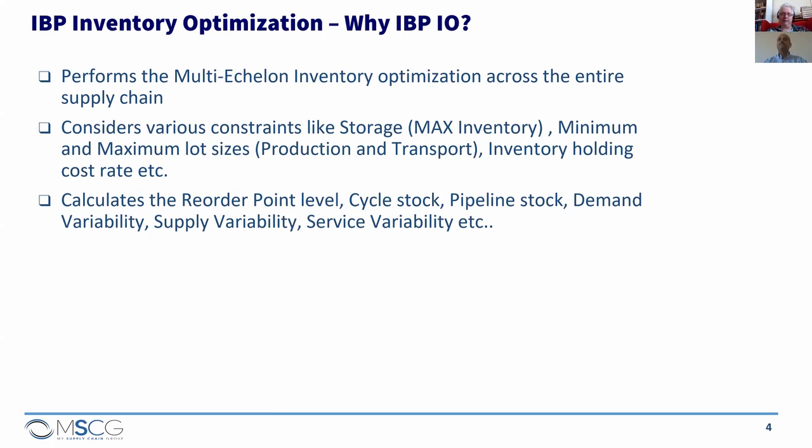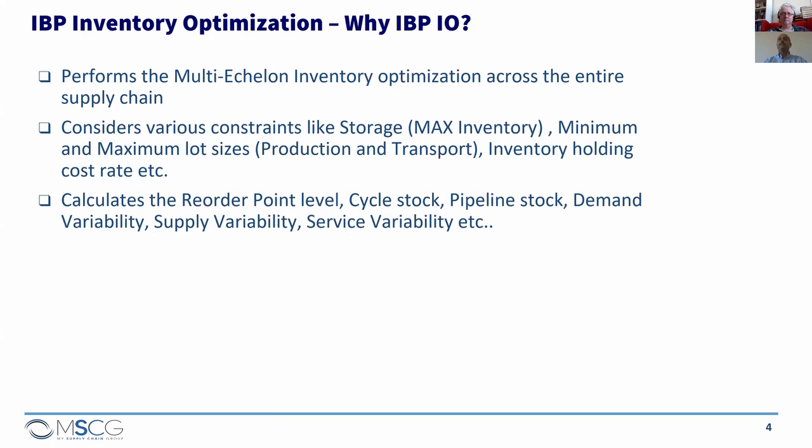Can you explain it a bit? Is it like the uncertainty of those things? Right. The inventory optimizer can handle various kinds of variabilities, like demand variability, supply variability, and service variability. Demand variability is specific to your customer demand, meaning what kind of pattern or order you receive from the customer. Based on past data, meaning actual sales or actual demand and your forecast in the past, we do that comparison and come up with the coefficient of variation. That is demand variability.